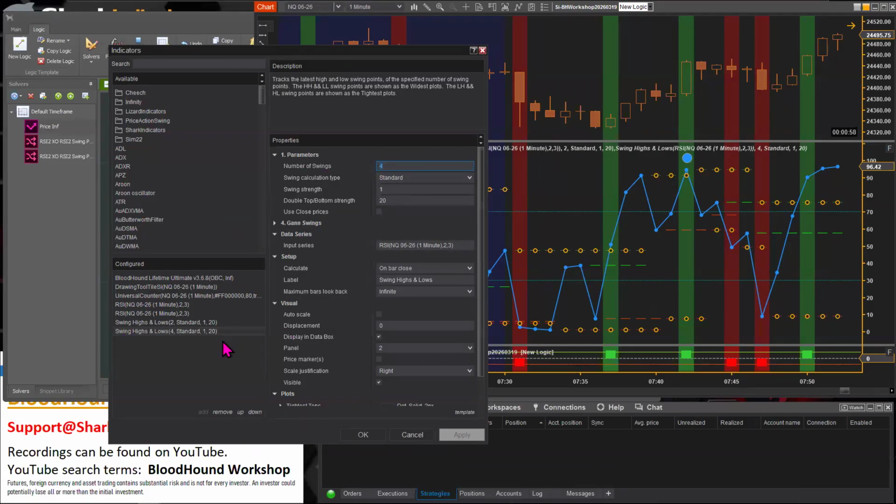So that's why the swing highs and lows, set to a number of 4, is giving us a crossover, because it moved from this swing high to the higher swing high there. So from that point of view, technically it doesn't quite work in all situations there.